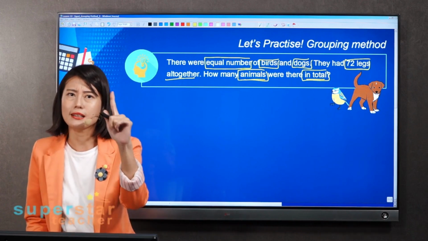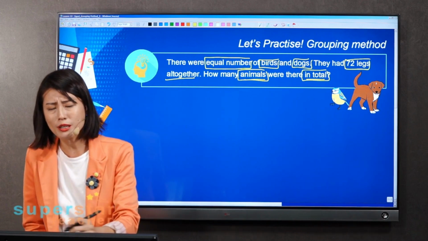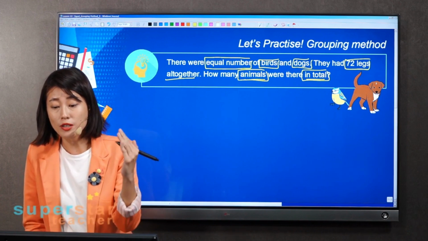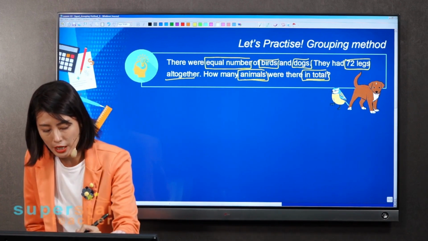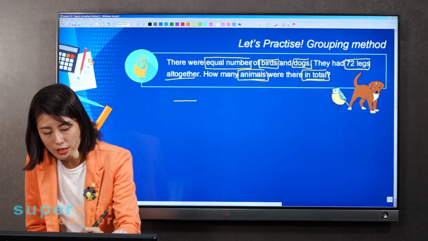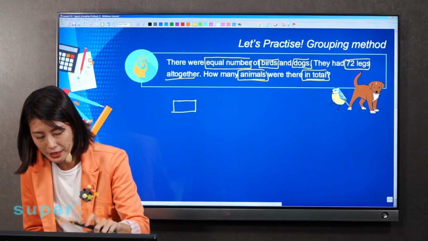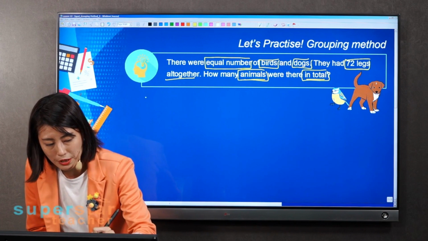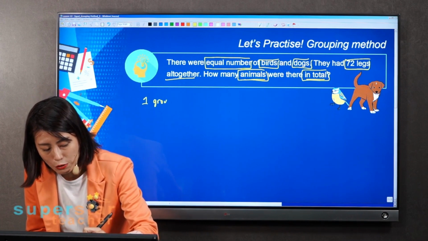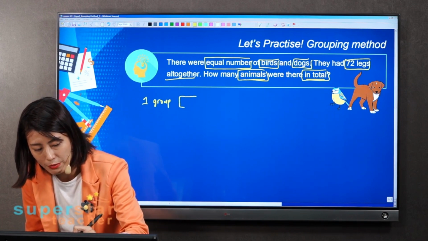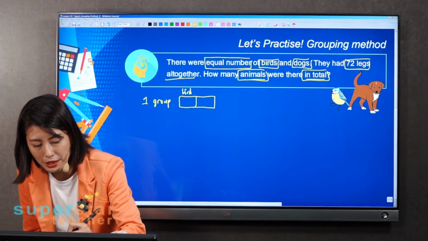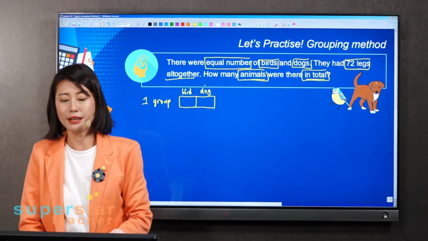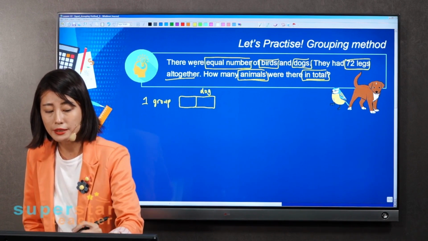Well, let's identify one group first. So what is one group? One group consists of birds and dogs, right? One bird, one dog. Okay, maybe let me draw this as one group. So in one group, we have bird and dog, right? One bird, one dog. Correct? Let me draw this properly. And then